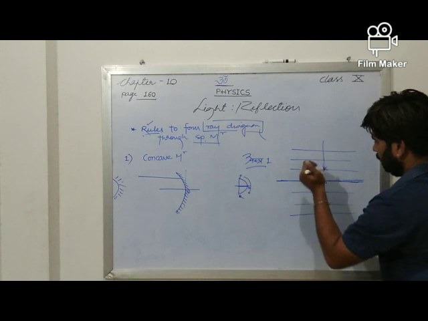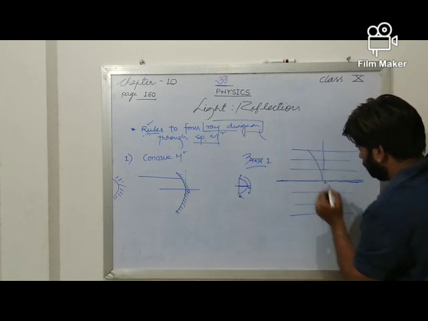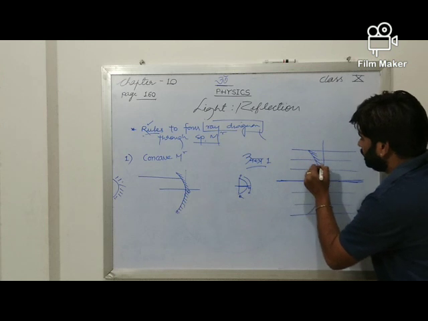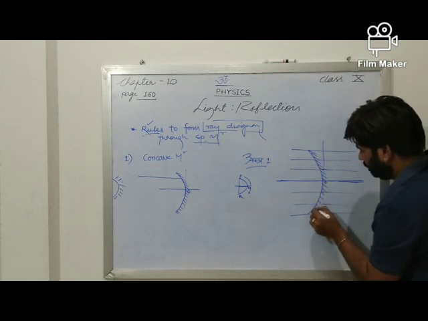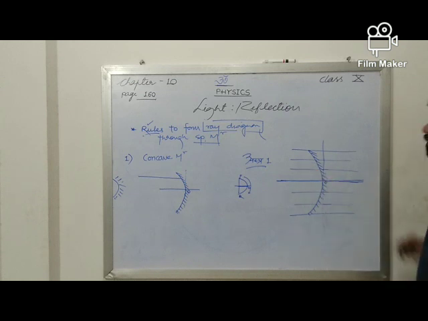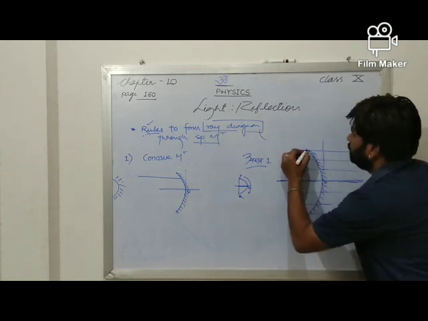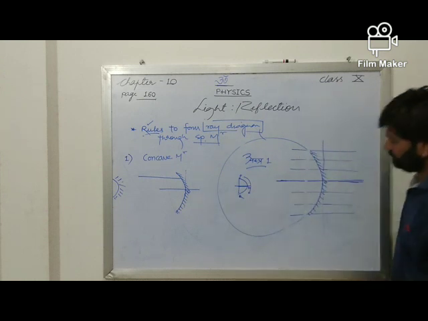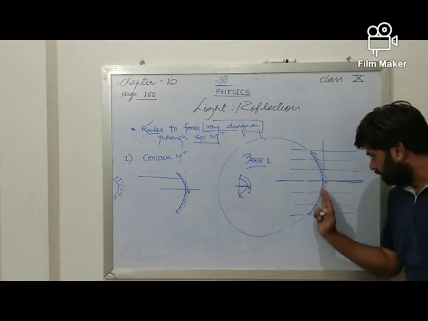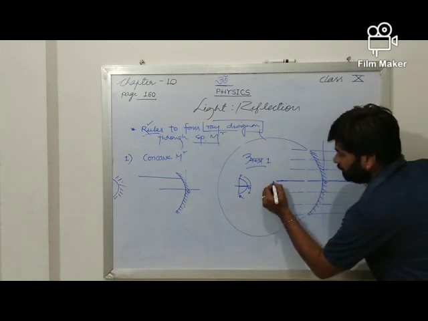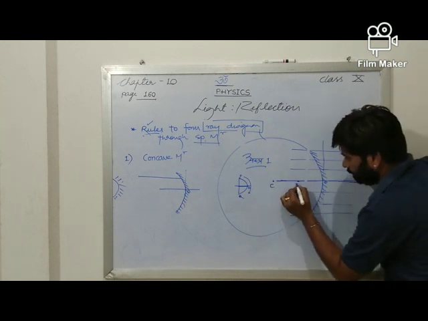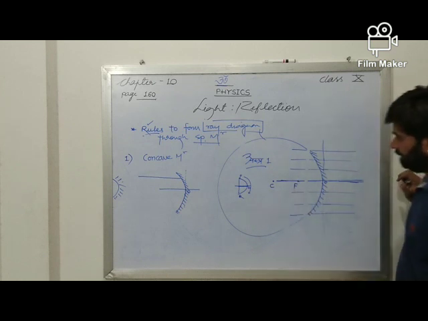And you will have such type of curve. That will be the outer one. Now you may polish it backside. This is nothing but what? If I draw it completely, you will see it is just like a sphere, and we have cut it like this. So this is a sphere. This part of this sphere will have a center. Definitely, it will have a focus. Now, sir, what is this focus? We will see it later on.